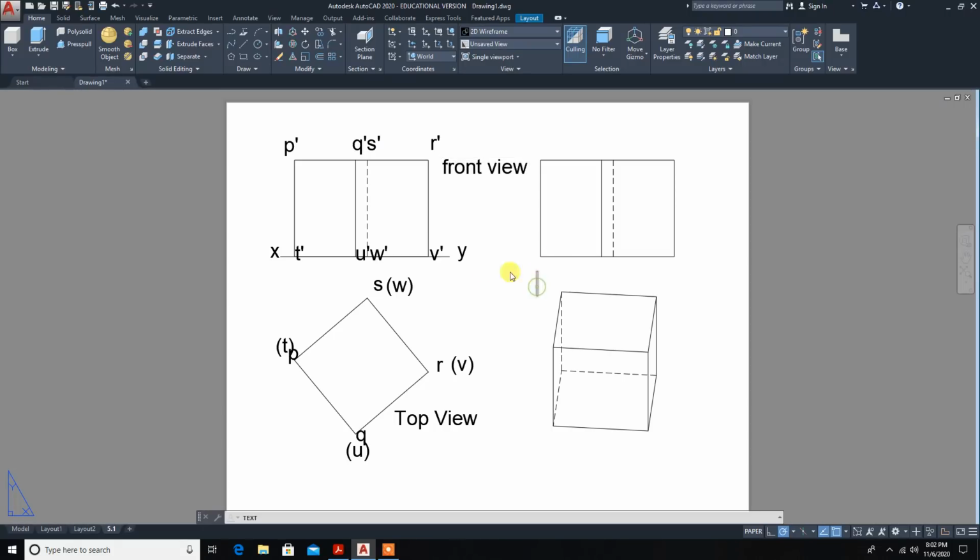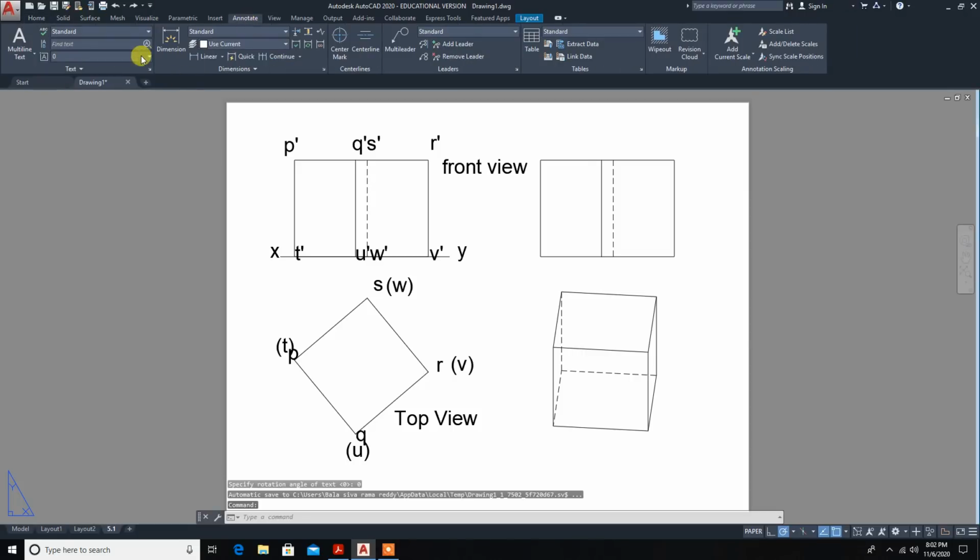Now angle dimensions. So inside annotate, I'll press escape. In annotate we have the dimensions for marking the length.